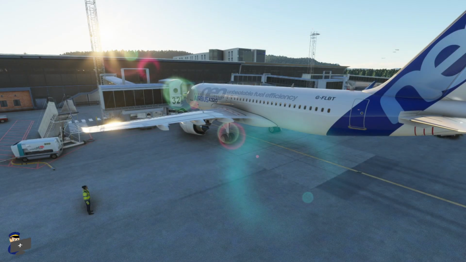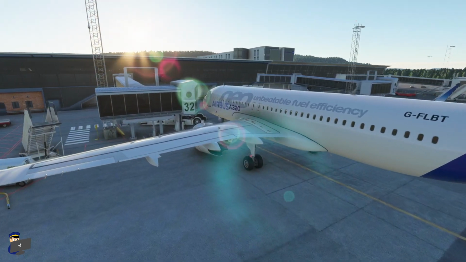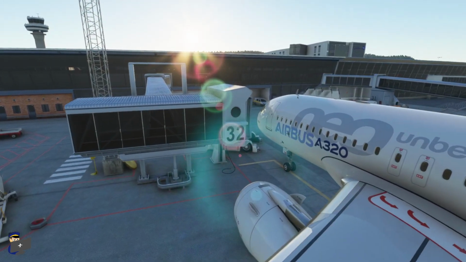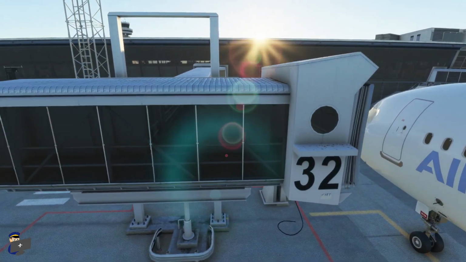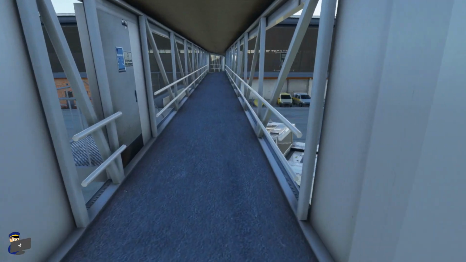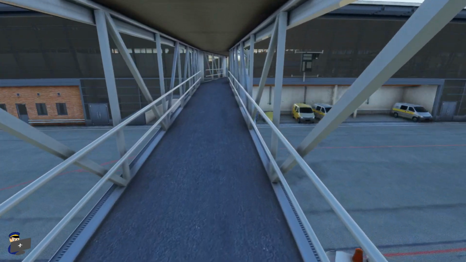Welcome to Trondheim. As you can see, we're parked up here at gate 32. The jetways in this scenery are not animated, and that I believe is because they are the same two-axis type that we saw at Gothenburg, and I don't think the SDK allows for these to be animated at the moment. I'm not certain, but I don't think it does. It certainly didn't when this scenery was published. However, very small thing for me, and the advantage, I think, of having static jetways is that they can be